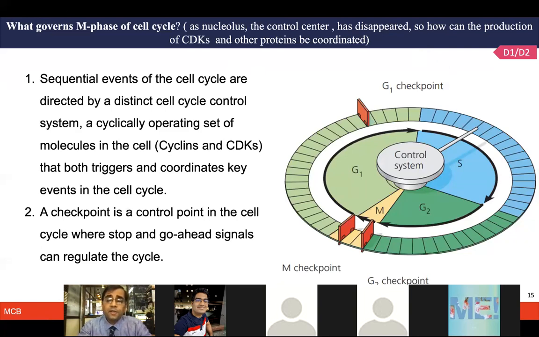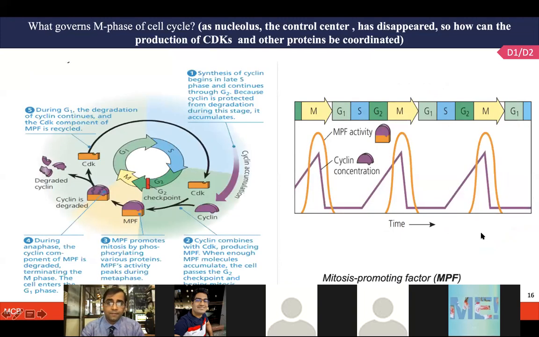So there are different activities involved in performing this cell cycle checkpoint and doing the mitosis. I'll again refresh this concept. There is a set of molecules which are known as kinases. Those proteins, especially the interplay of cyclins and cyclin dependent kinases, are very crucial to trigger and coordinate the key events of the cell cycle. And that is actually giving these checkpoints of G1, G2, and M. They are giving the answer whether it should move to the next phase or not. So again, this is a very orchestrated event which relies on several sets of molecules: kinases, cyclins and CDKs.